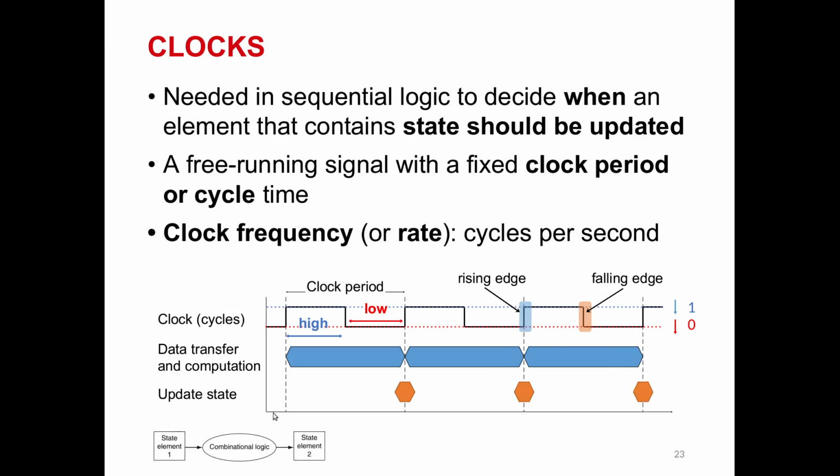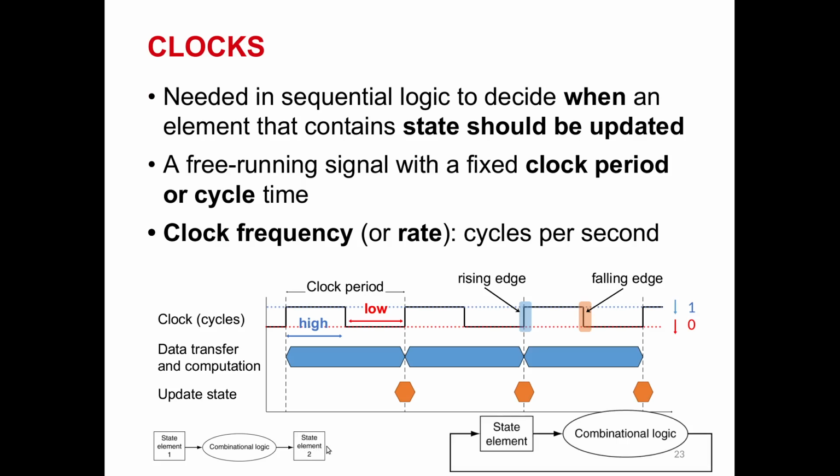So the state logic will work like this. We will have the first state here. The state goes into the combinational logic, and here it works freely without the clock. So the value of the state will be processed inside this and come out here when the clock changes its state, for example from low to high, or at the rising edge of the clock. This value will be written back into memory, and so we have state element 2 available in the memory.